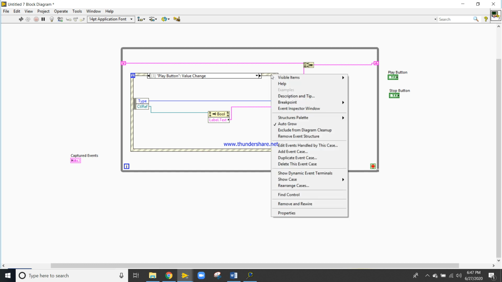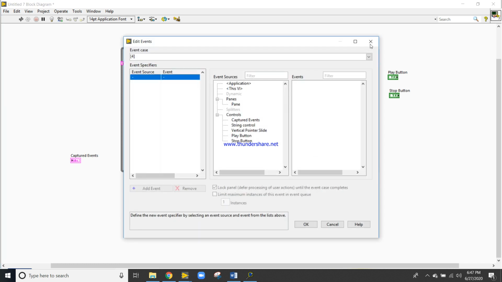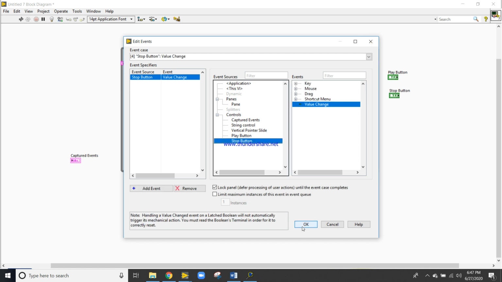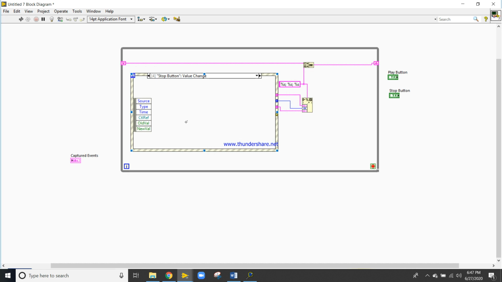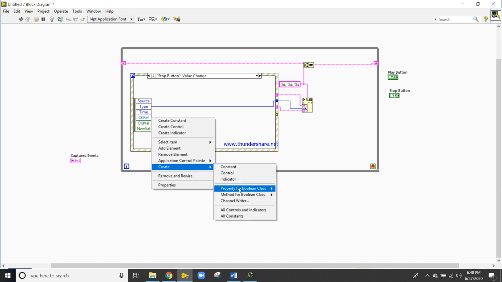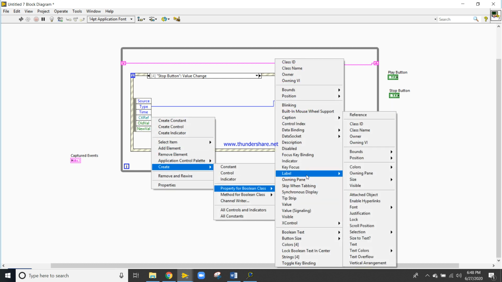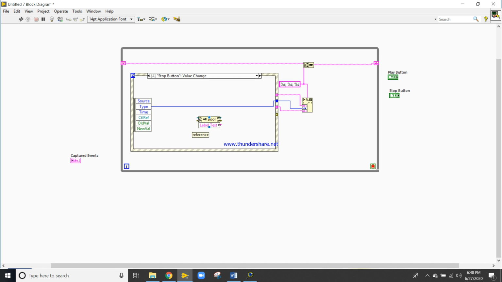Right click, add event case, stop button, that will be value change also. Type, right click, come here, properties, label, text.